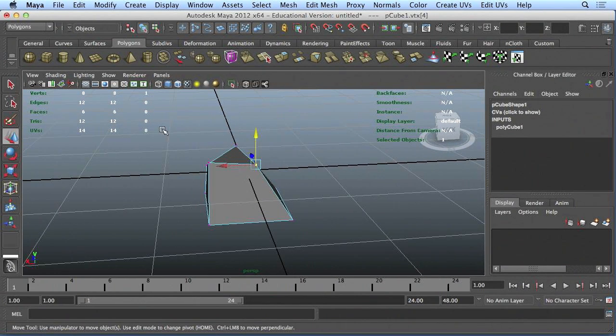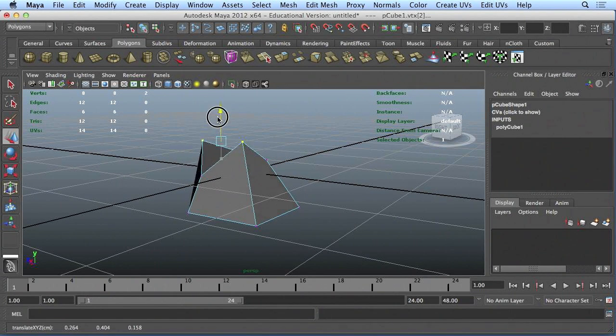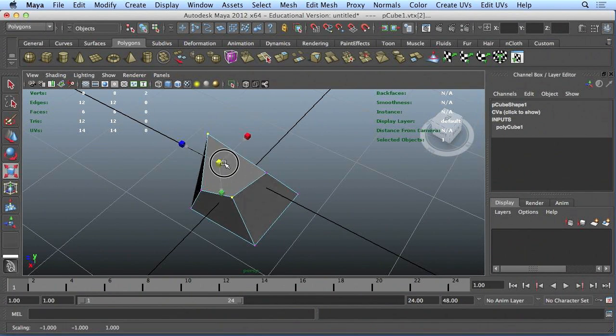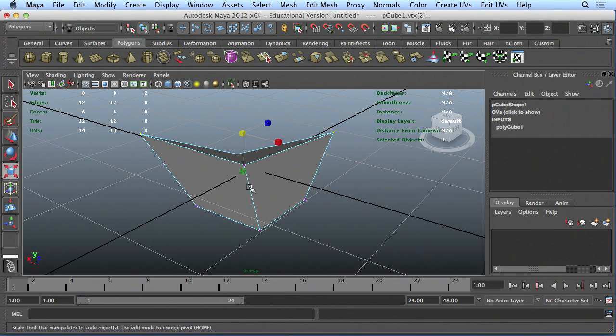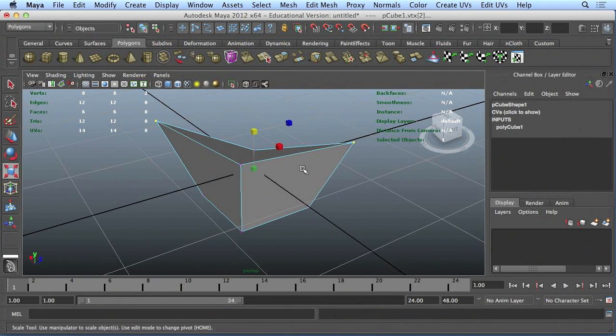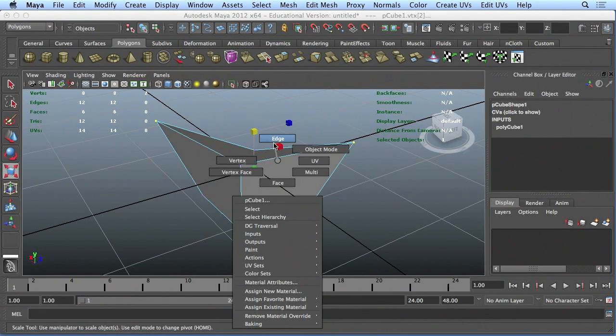I can grab more than one vertex. I could grab those top 2 here and move them up and down. When I have more than one vertex selected, it does start making sense to rotate them. And then I can also, of course, scale 2 vertices, and that will change the distance between them. So those are the basic tools for sculpting: move, rotate, and scale, tumble, pan, and zoom, so that we can get a better view. And then we're going to use edges, vertices, and faces in order to control the different components